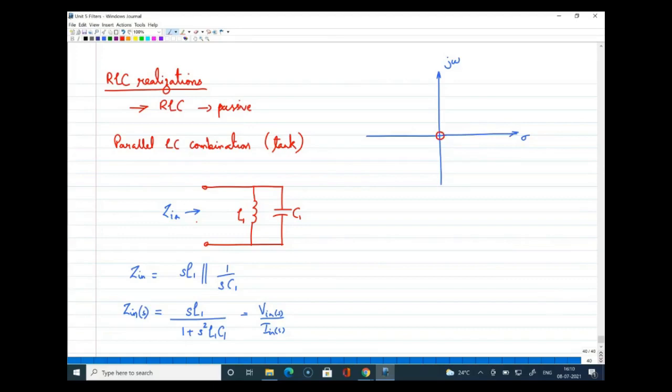And how many poles do you have? Yeah, there are two poles. Maybe you are responding. The screen which I'm seeing, maybe I'm getting a delayed response. That is why I'm not able to communicate in the right time. Yeah, you can see there are two poles from this. If you look at the denominator, you will get to know that. So I can write S is equal to plus or minus.